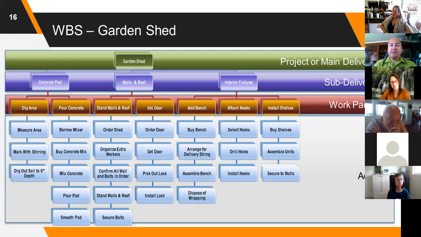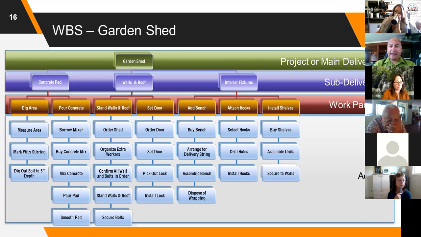Can you break the concrete pad down more? Could, but I think it's manageable. Great. So let's take that concrete pad down now to the next step. Right, we've got a concrete pad. What is it we have to do to physically produce a concrete pad? Well, we need to do 8 activities. Okay, can we group those activities? Yep, we can group it into digging the area and pouring the concrete. Great. Let's look at digging the area.